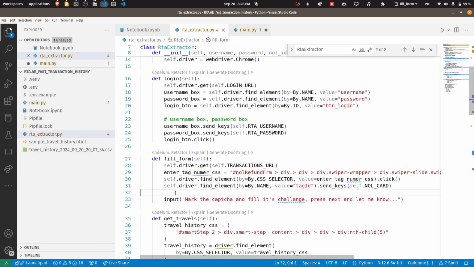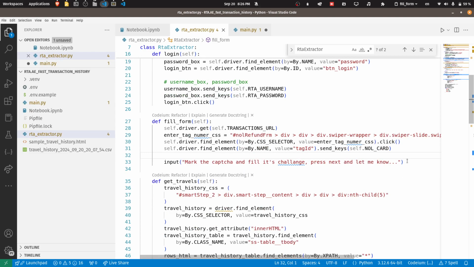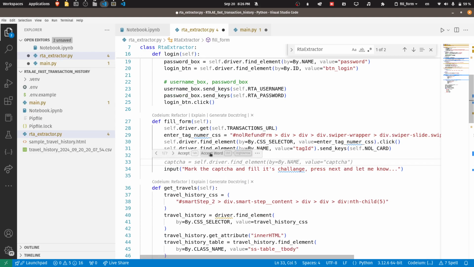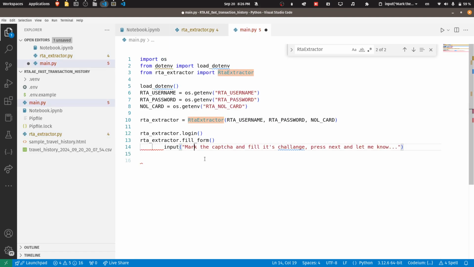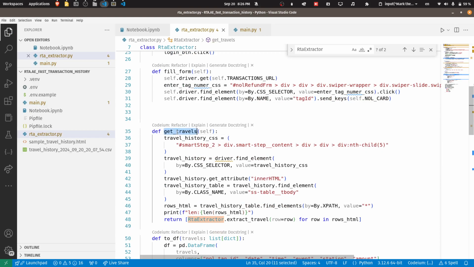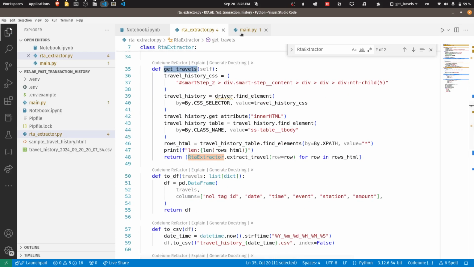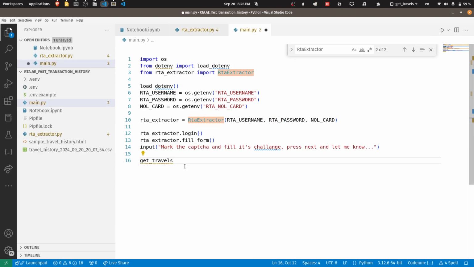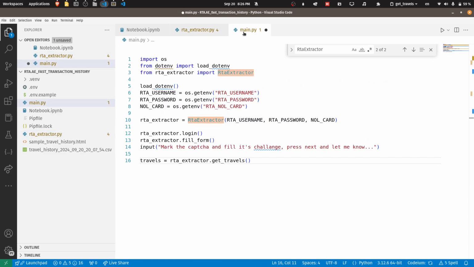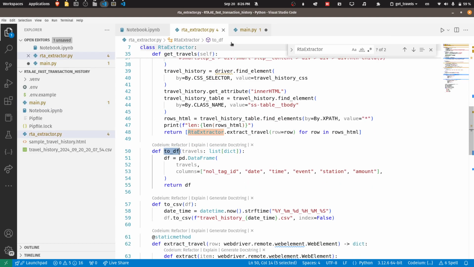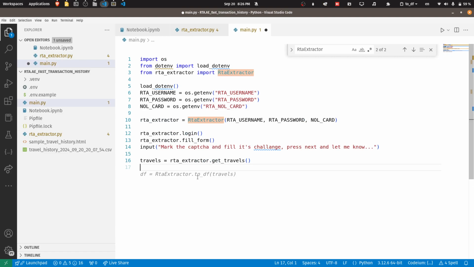After the fill the form, I'm not sure if I have to like change it. Okay, this doesn't do anything. It has to be out in here. So fill the form. We're gonna do get travels probably. So RTA extractor, get travels, and it's gonna return travels equals this. And should I make it to a data frame? So to data frame, to CSV,